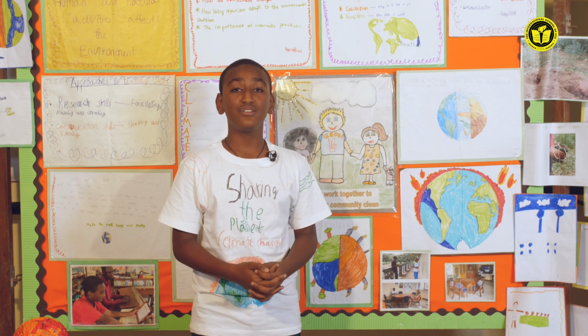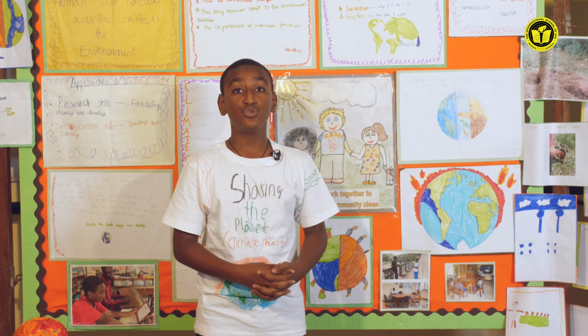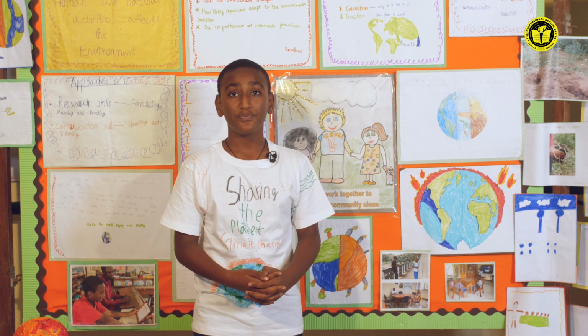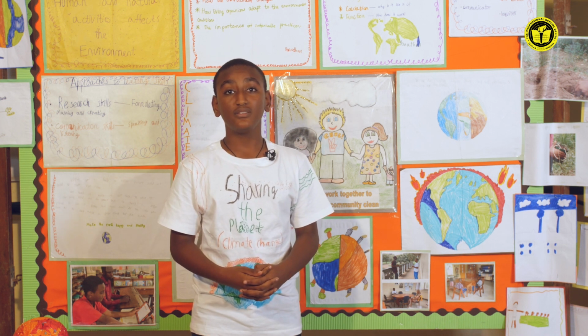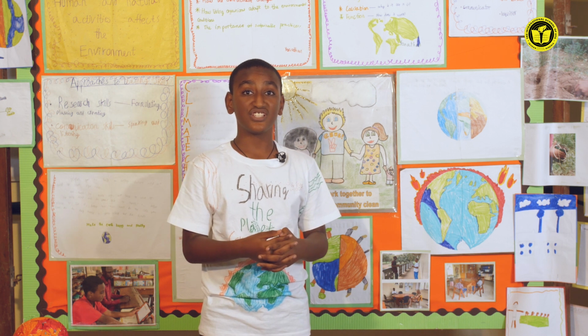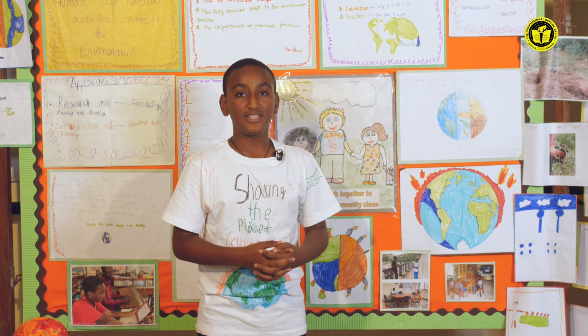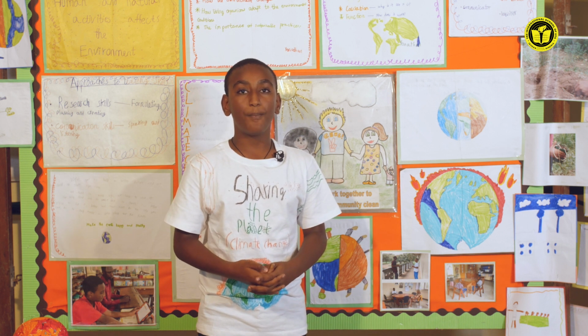And ever since the industrial times 2 centuries ago in the 1800s, the temperature has risen by 1 degree Celsius. And if we do not stop our daily activities, it can rise to 1.5 degrees Celsius. And by 2040, it can rise to 2 degrees Celsius. But our government's goal is to reach 2 degrees Celsius at least by the end of this century. But it has not been going well for the past years.